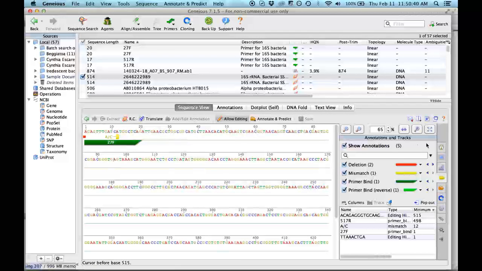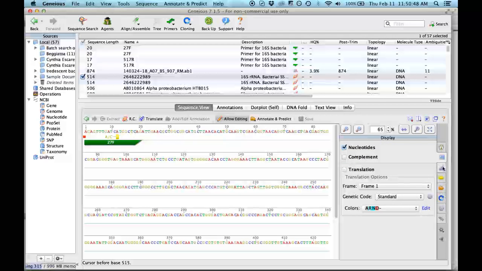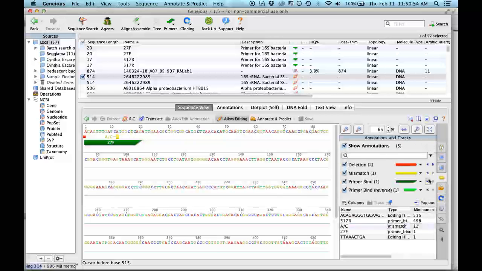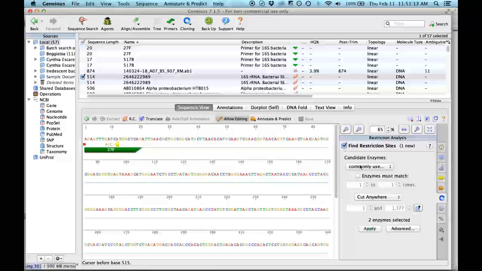And now to do the in silico restriction assay, we go here. You have several options. You can explore it by yourself. It's really user-friendly. That's where we were, annotation tracks, which are all the changes that we are doing to this sequence. Now we go to this little blue circle with an arrow, and it says restriction analysis. You click on this box here, find restriction sites, and here you can look for the commonly used. And if you go here to advanced,